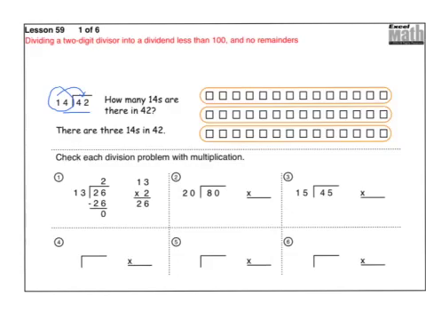So since I don't know my 14 times tables, basically the way I have to do this is by guessing how many 14's there are in 42 and then checking to see if I'm right. So I might say, well, 14 times 1, could that be what 42